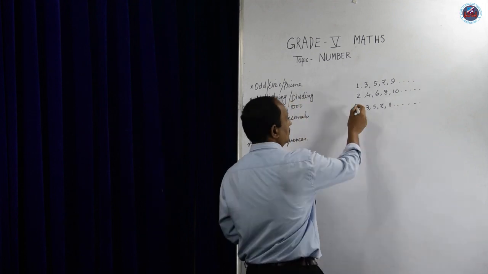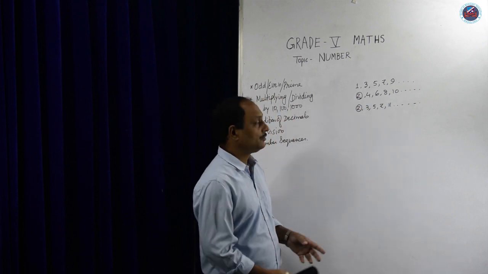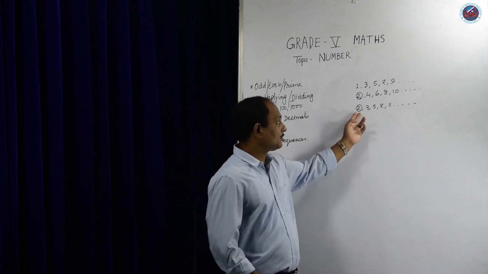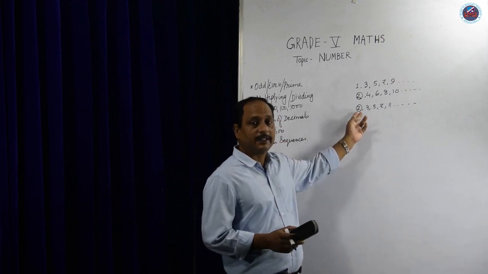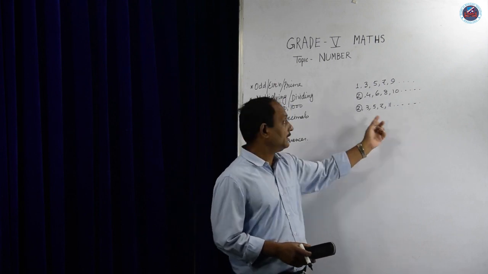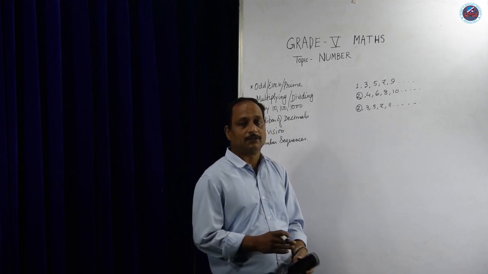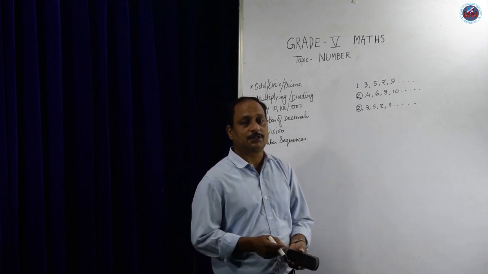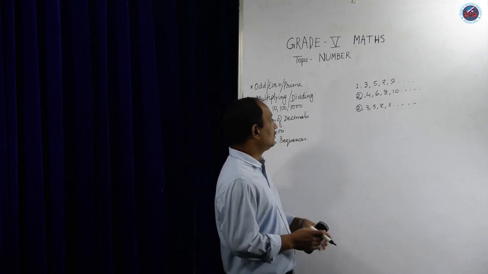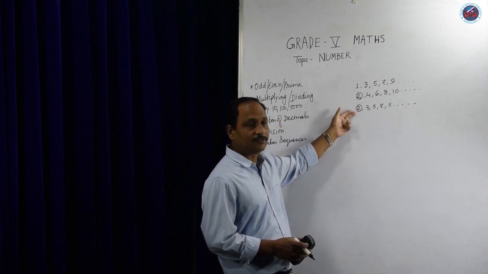Here you will say that why 2 is also here and 2 is also here. 2 is divisible by 2 and 2 is divisible by 1 also. This 2 is the only even prime number. All these numbers are not even. Only this 2 is even and this is called even prime number. Question will be like this, which is the smallest even prime number? So your answer will be 2. Now, odd number, even number and prime number. I think it is clear.